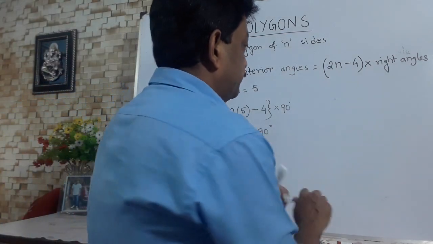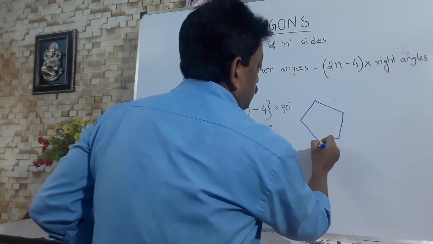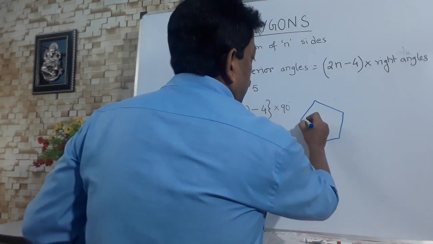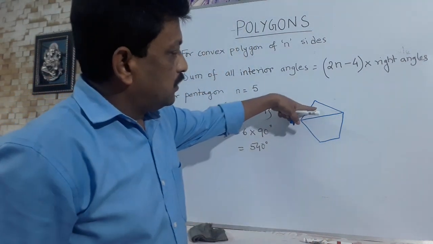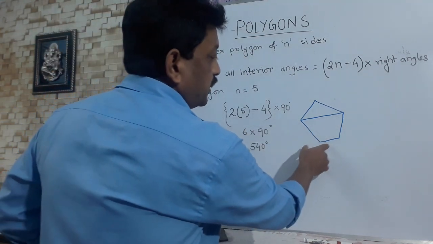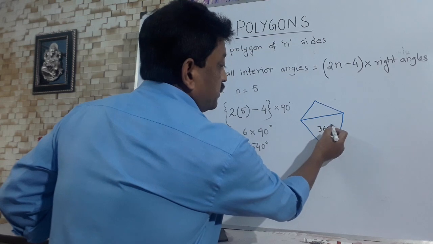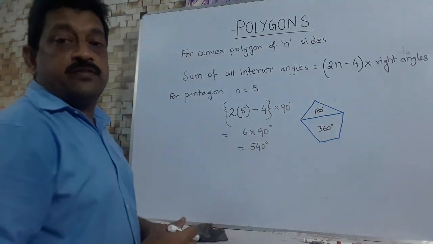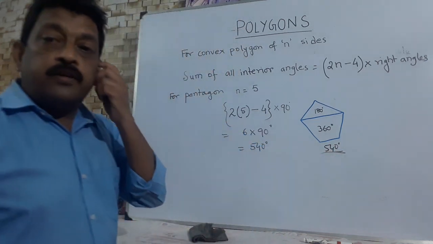This can also be verified. Take any pentagon. We have to find the sum of all angles. So let me divide the pentagon into two parts by drawing one of the diagonals. The upper part is a triangle, the lower part is a quadrilateral. See, it has four sides, 1, 2, 3, 4. So in case of a quadrilateral, the sum of all angles will be 360 degrees, and in case of a triangle, it will be 180 degrees. The upper part is a triangle, it has three sides. So if we add them, we will get 540 degrees.